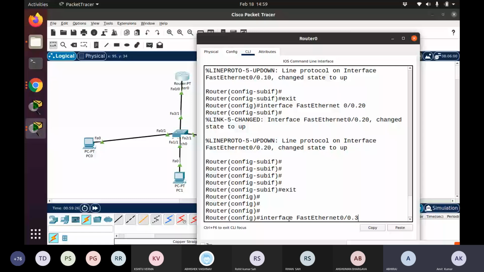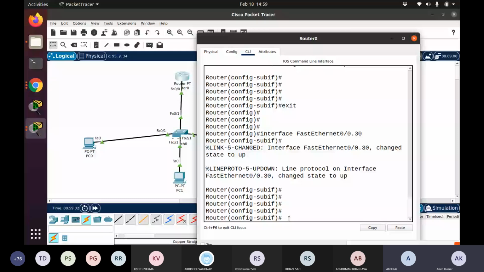Now all the interfaces have been created, and now we are in the mode of configuring the sub interface. So from here, let me configure first. So here I will choose interface fast Ethernet 0/0.10. See, the sub interfaces 0/0.10, 0/0.20, 0/0.30